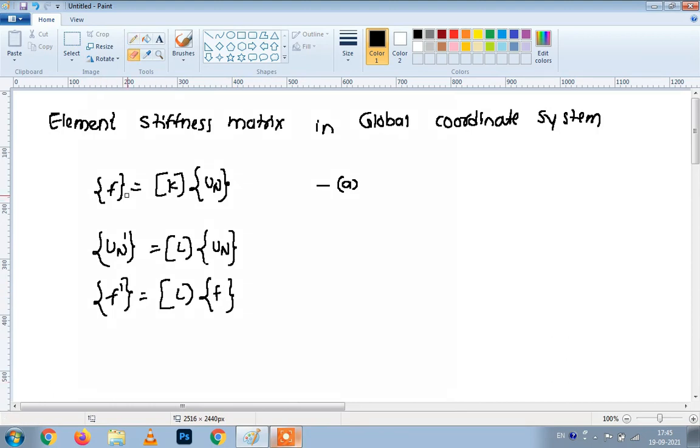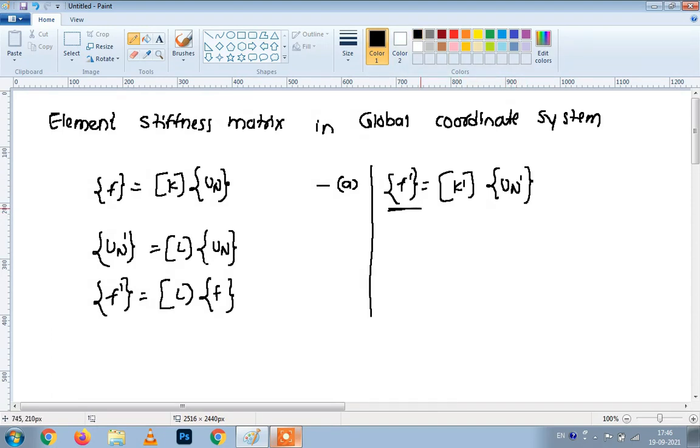Now this formula F = K into UN can also be written for the local coordinate system. How? F dash is equal to K dash into UN dash. Now if you observe here, we have the value for this F dash is equal to L into F. So I am using this relation and writing the value of F dash as L into F